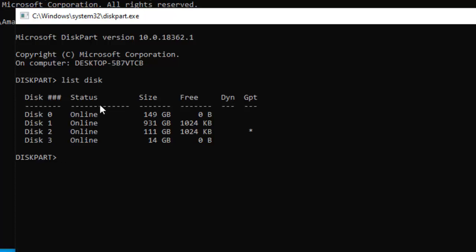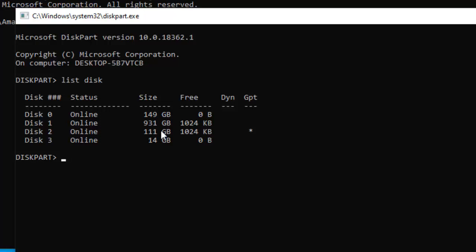Now if your PC has only one hard drive, it will show you 2 drives, or maybe 3 if you have flash drives connected with it. In my case it's showing 4 drives. One drive is 149 GB, which I know is my SSD.